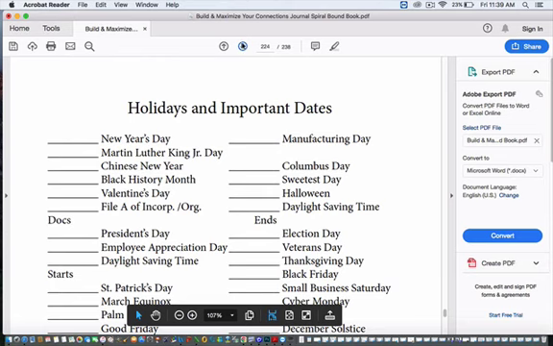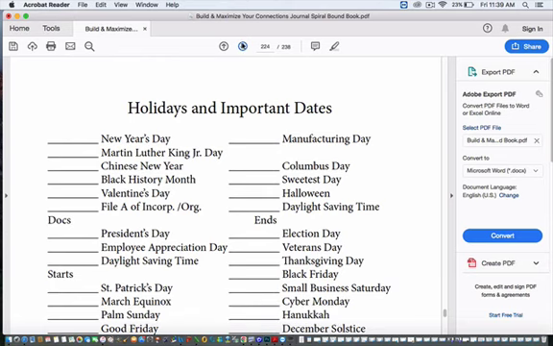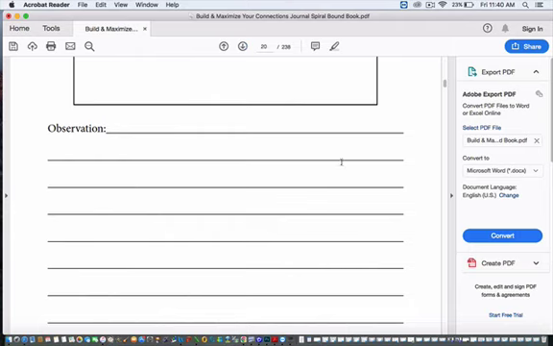Next page is the holidays and important dates, okay? Now I put a lot of dates on here. Let's see. New Year's, Martin Luther King Jr., Black History, Valentine's Day, St. Patrick's Day, Christmas, Halloween, all kinds of holidays. If you're a person who celebrates Hanukkah, or if you're a person who celebrates